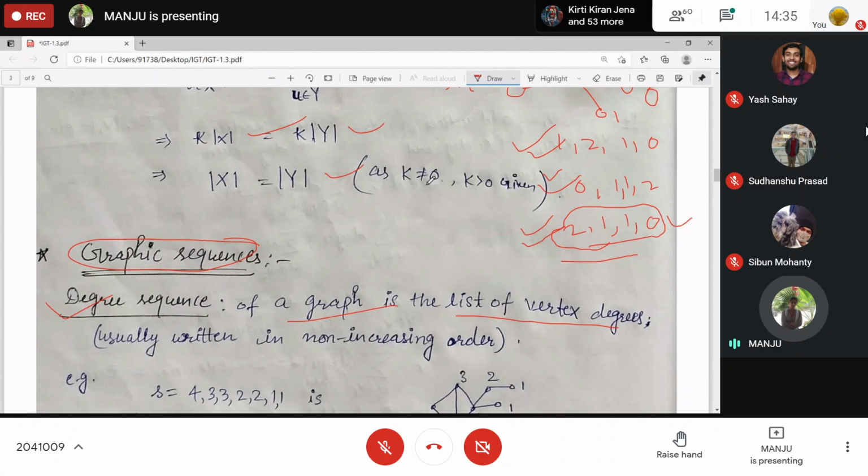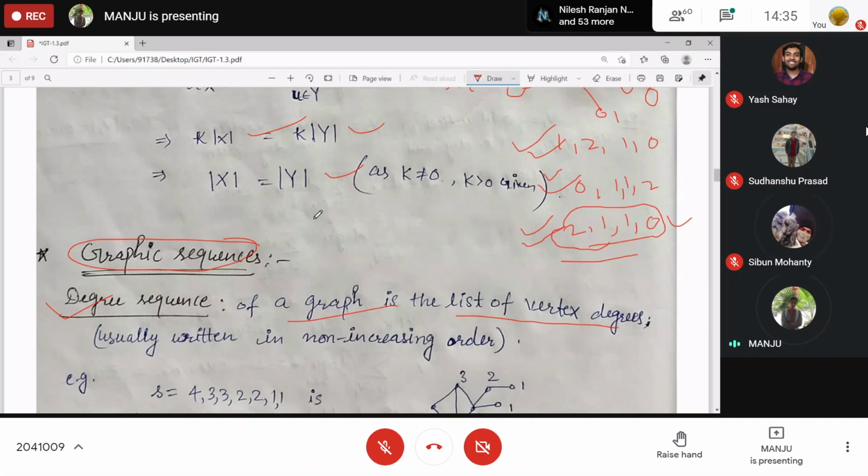For every graph, can you find the degree sequence? Can you write the degree sequence for every graph? Can you find all the degrees?